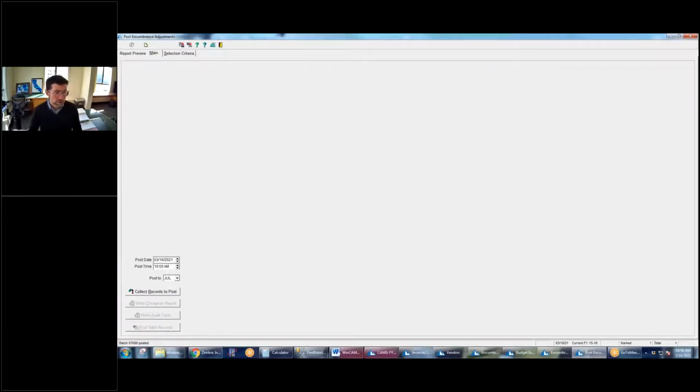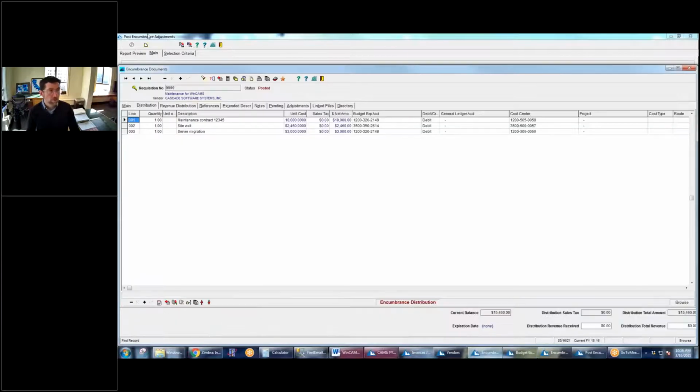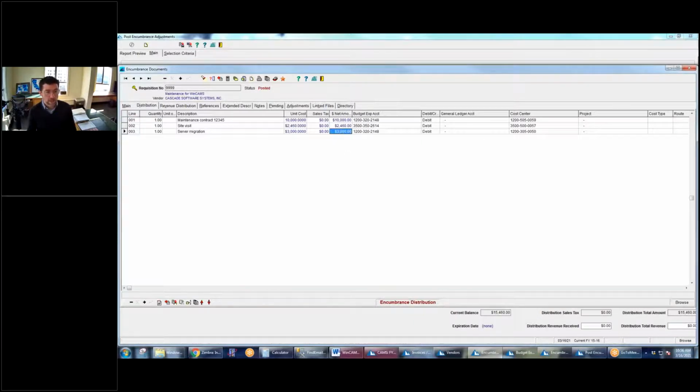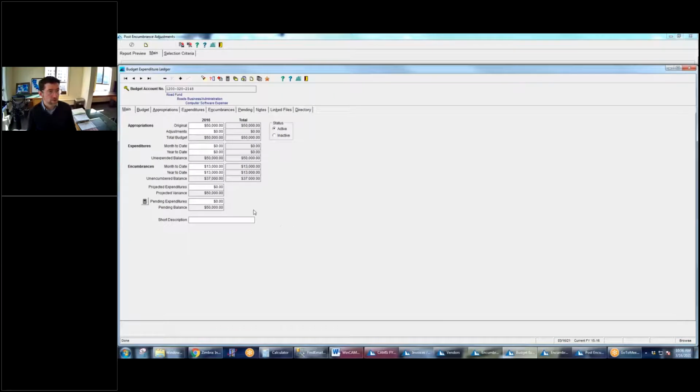Okay, batch 7088. So now there's a new line on my encumbrance, right? I said new line, which actually has the same budget as up here. And if I go to my budget expenditure ledger, it now says $13,000 instead of $10,000. So my unencumbered balance is $37,000 because I started at 50. Okay, so